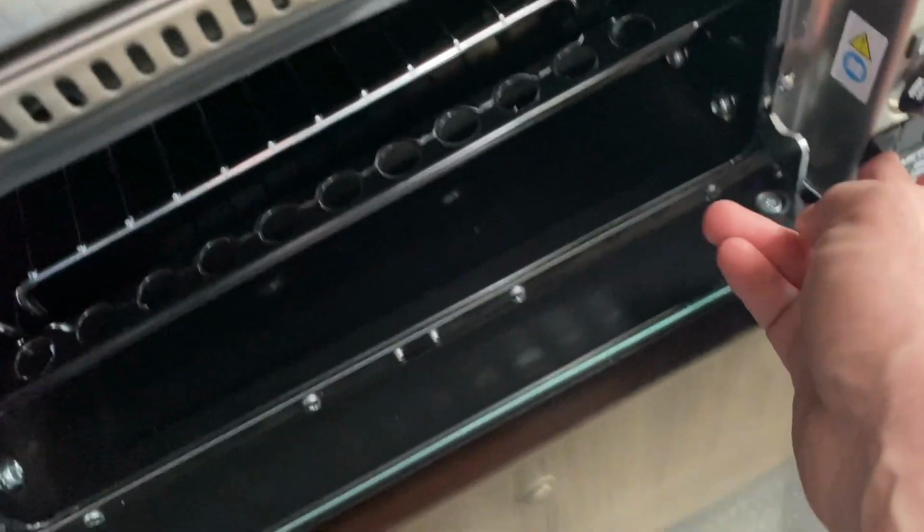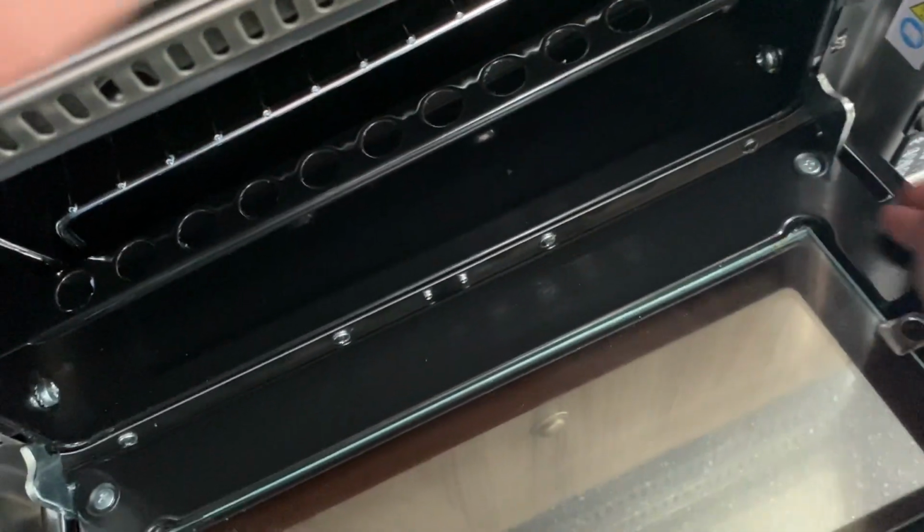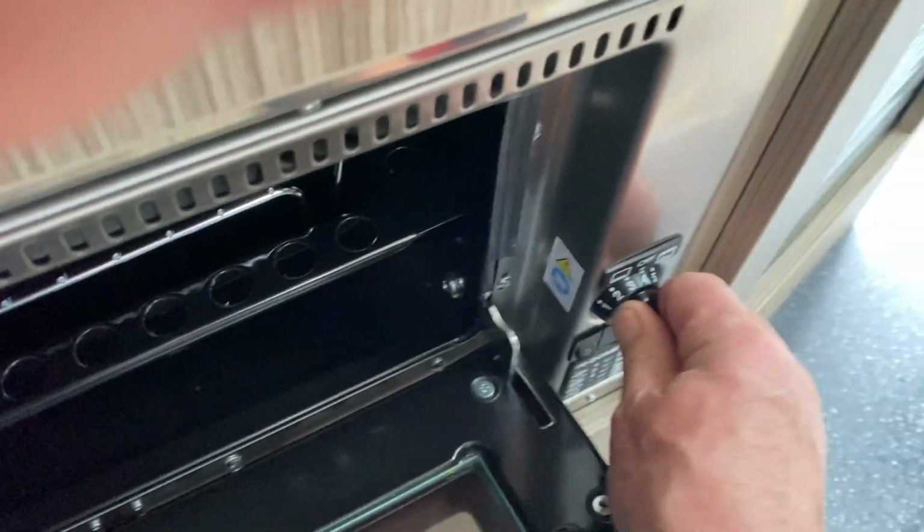you just literally, again, very similar to the hob, you have an igniter here, light switch over here, turn one way for grill and the other way for oven. Again, continue